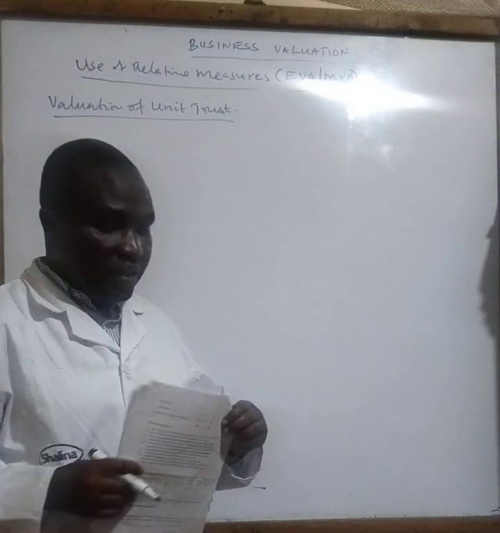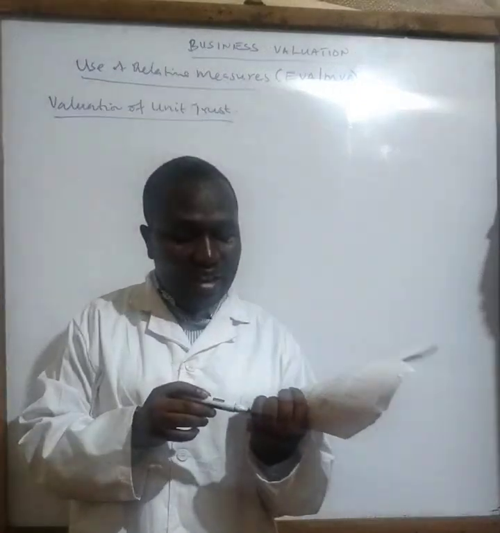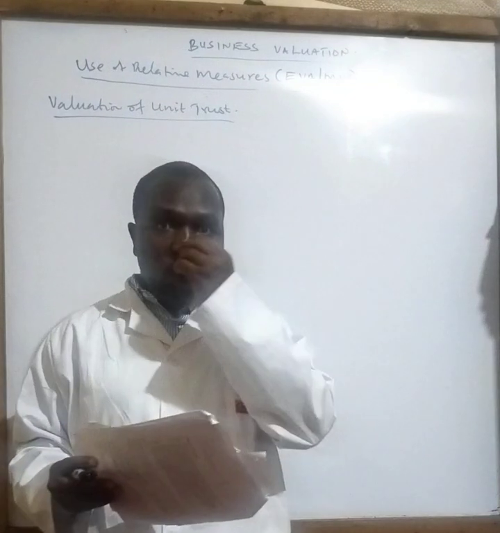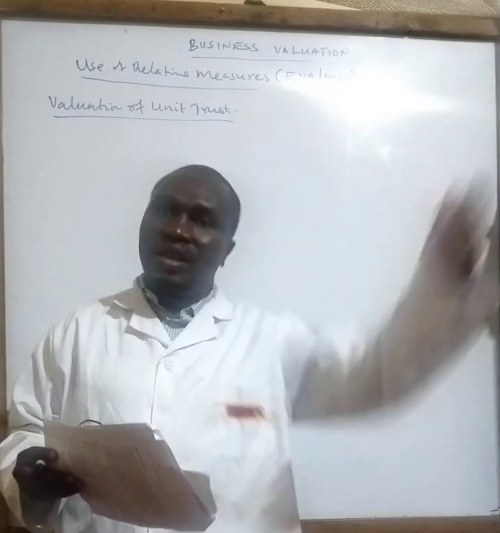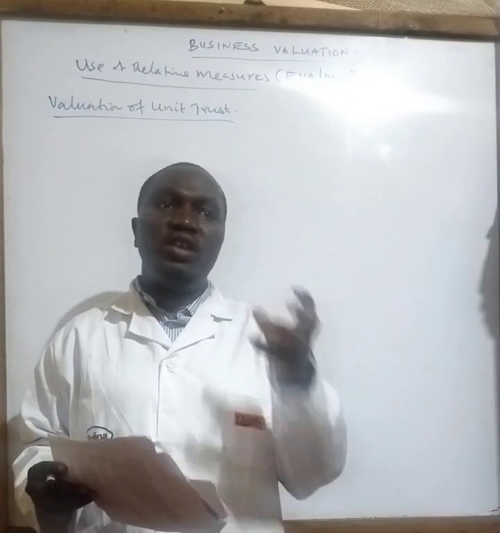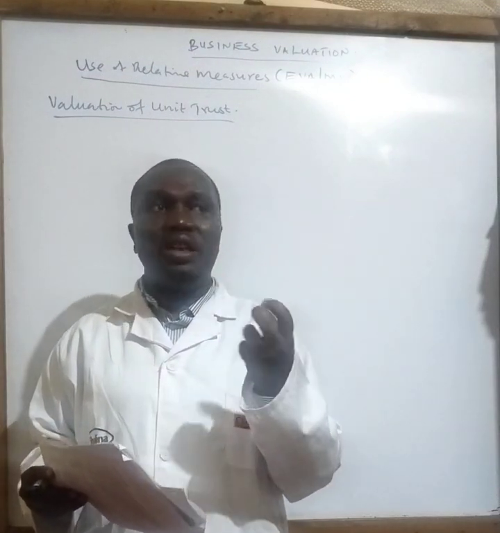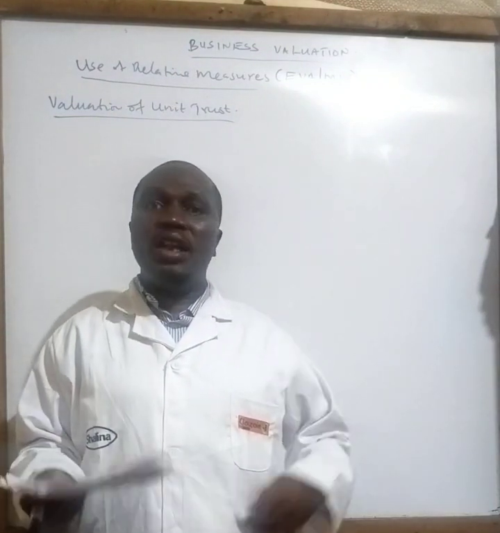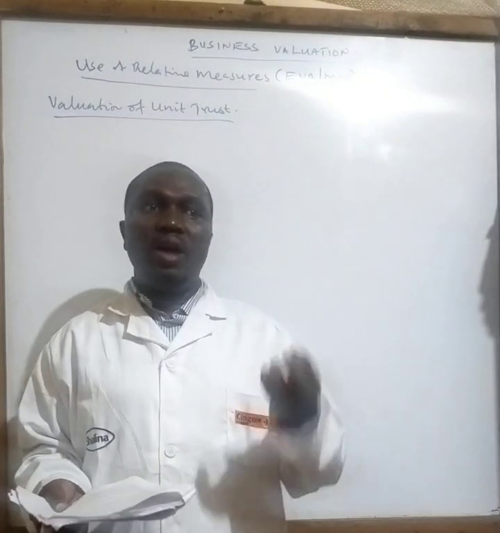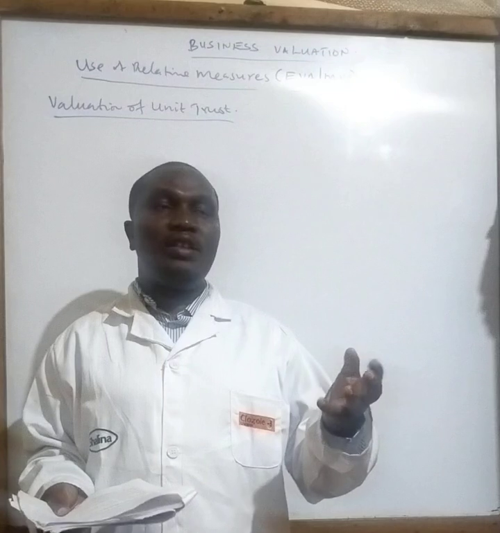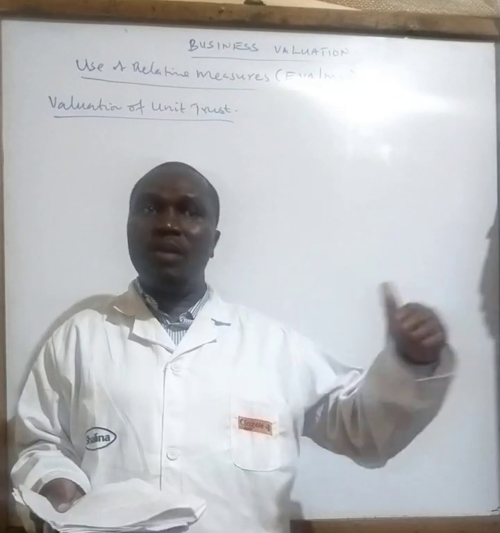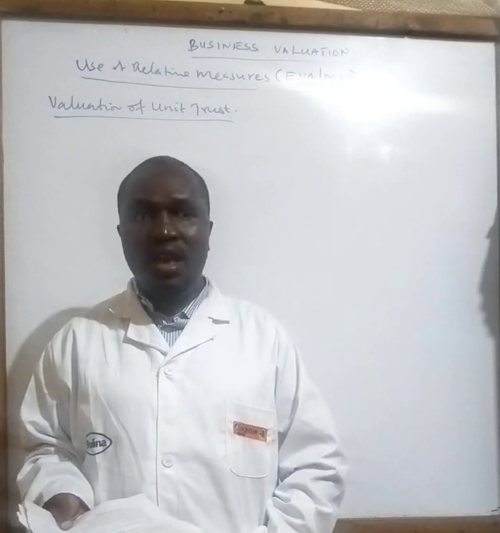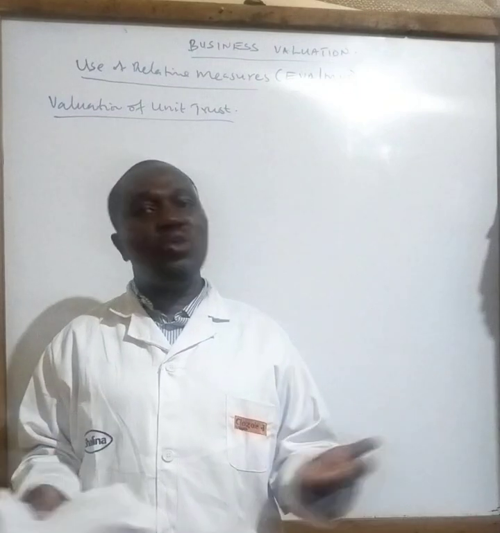When you talk about a trust, it is an organization, or it can be a trust. A trust is a company, or it can be a group of people who are actually controlling or managing assets on behalf of another person. This other person might have some disabilities that cannot allow that person to hold or to own the assets. For instance, if there is a minor, a person below 18 years. So a minor has a will. There is a will that has been written by the parents or somebody else saying that that particular child needs to benefit from the assets. And because of the age, the child is not able to manage this.